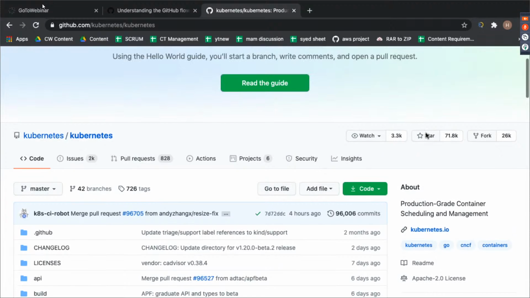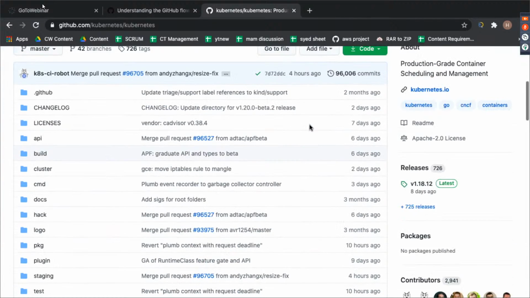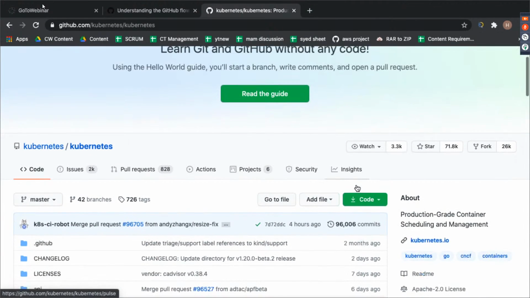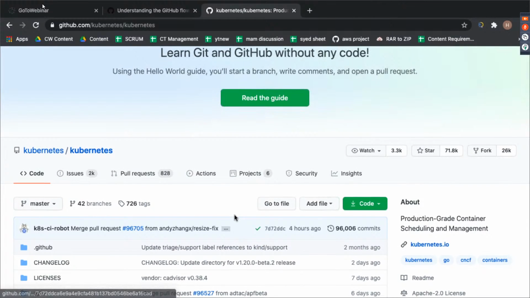What do I mean by forking? Let's say I want to make some changes to this open source project, or I want to contribute to this project. So how will I be able to work on it? First, I need to be able to edit this repository. So what I'll do is